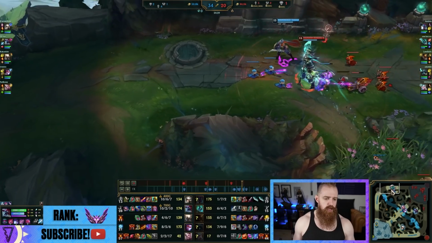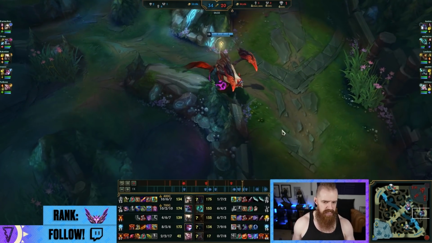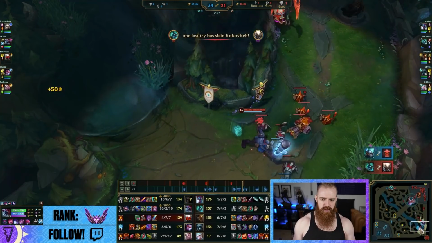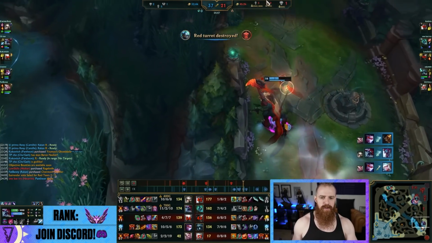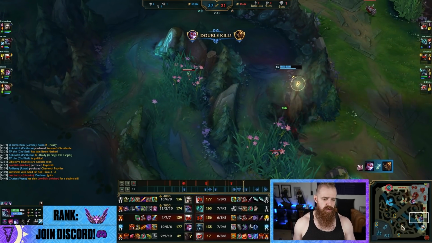So Zhonya's is obviously good because you want to prevent any sort of randomness that might get you killed, that gives them some shutdowns and bounties. This is most likely an overcommit by the Trundle. Let's have a look here. Look at this, you see? Passive vision line. And now a lot of, just turbo sprint. Now a lot of you are going to say, well, is it passive vision line? Well, I mean,